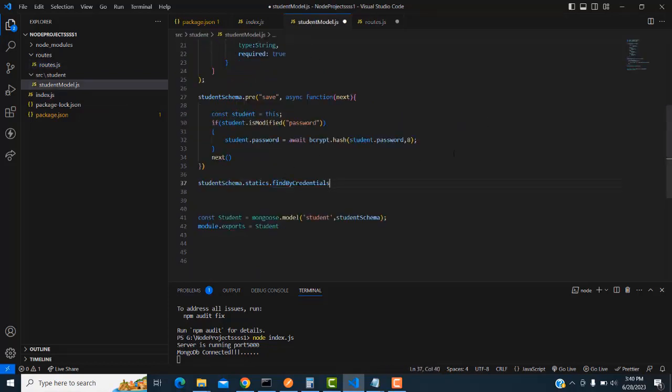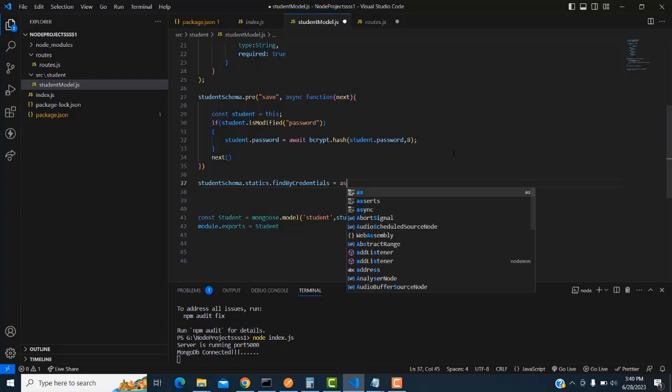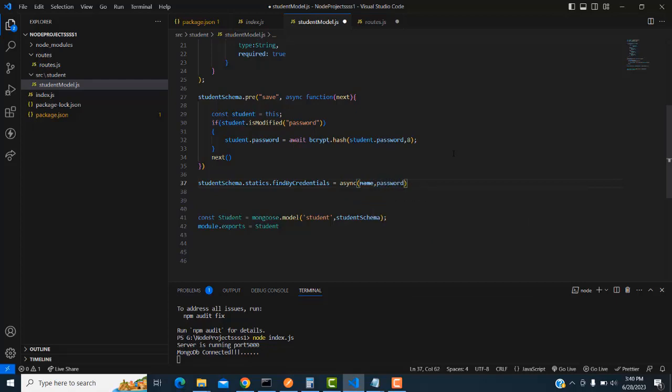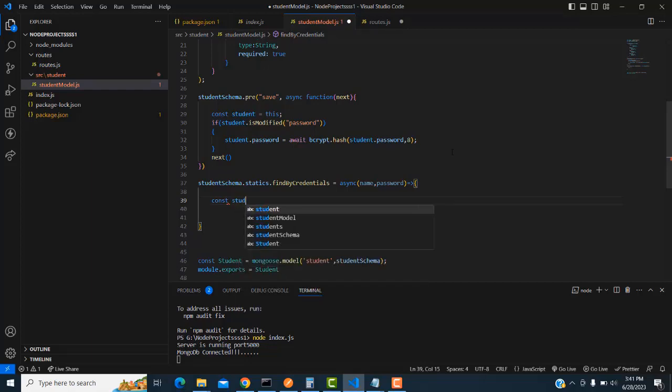Here we'll be checking the credentials, whether our username and password match or not. So you have to write assign function, you have to write name, comma, password, close bracket. You have to write like this here, right? Student equal await student